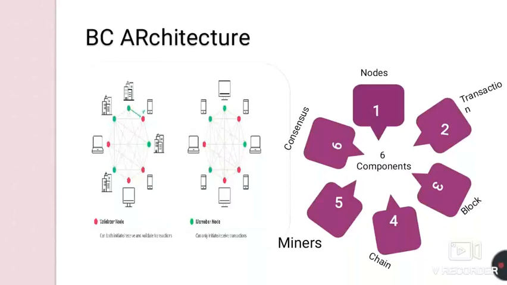The third component is the block. It is a data structure used for keeping a set of transactions which is distributed to all nodes. And the fourth component, chain. A chain is a sequence of blocks in a particular order. And the fifth component, miners. A miner is a particular node which performs the block verification process before adding anything to the blockchain structure. The sixth, consensus. Consensus is a set of rules and arrangements to carry out blockchain operations.